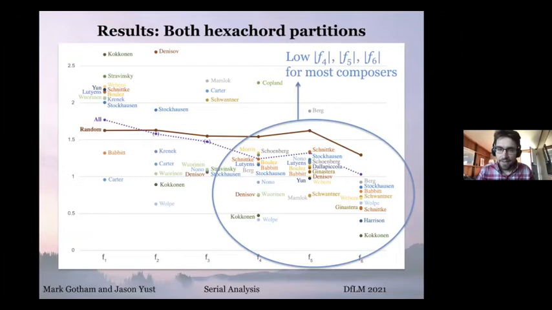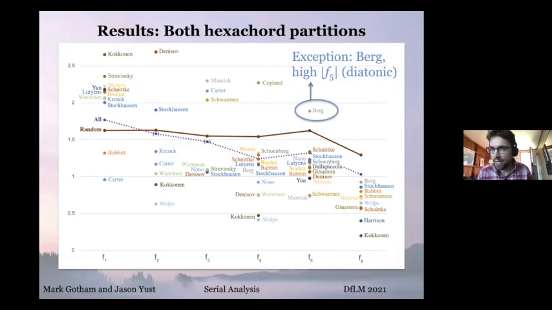And on the other hand, in the higher numbered coefficients, because things tend not to be spread out, the values are typically low. Notice when I take composers that have their own significant results, almost all of them are significantly smaller than random on all of those, except for a couple instances. And one of the interesting ones is Berg. So this has been found before, that Berg's rows are